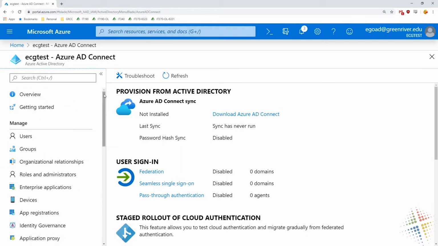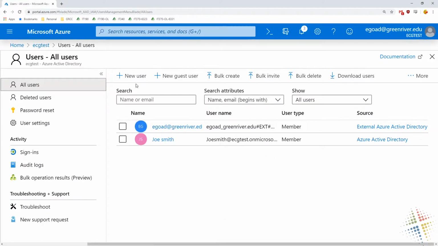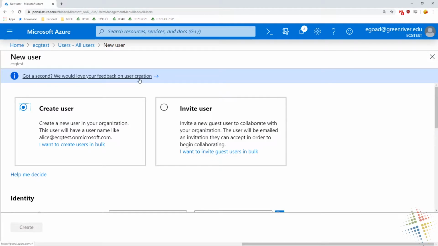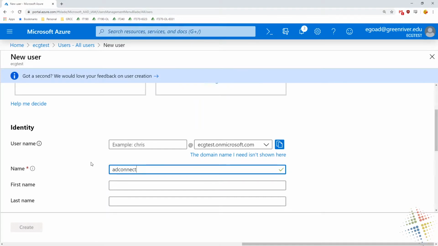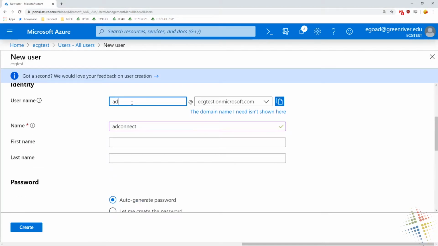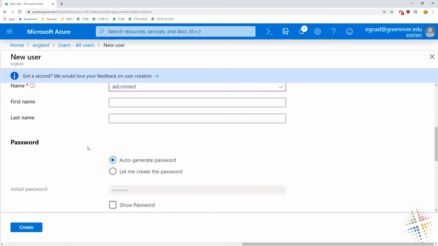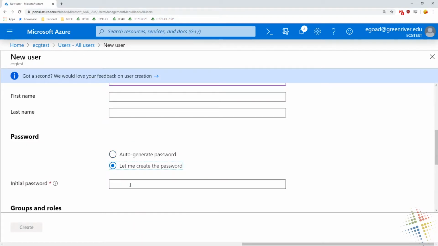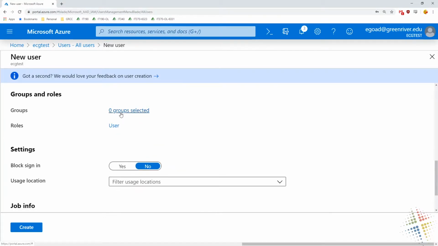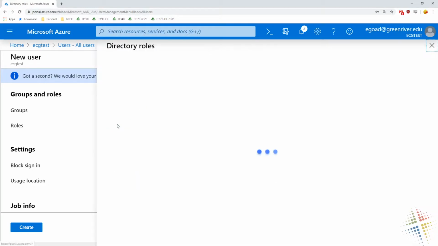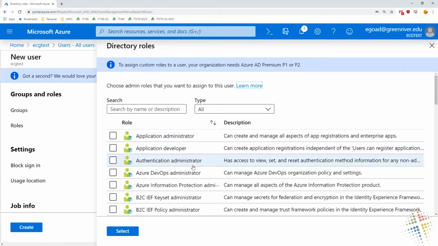So in my AD domain, users, I'm going to go ahead and create a new user, and let's call this AD Connect. I'm going to say, let me choose a password. Let's see if it will let me do password 0123. Groups, I don't need it to be in any groups, but the roles, I do want to specify the role, and that should be